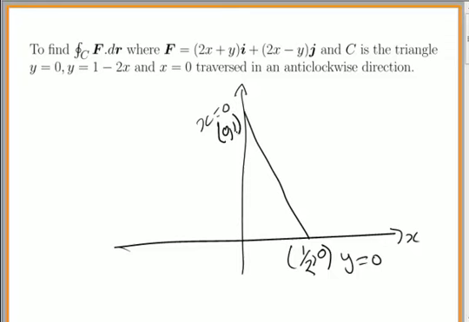So C is the triangle which I'm going to outline in blue like this, and I'm putting arrows on to